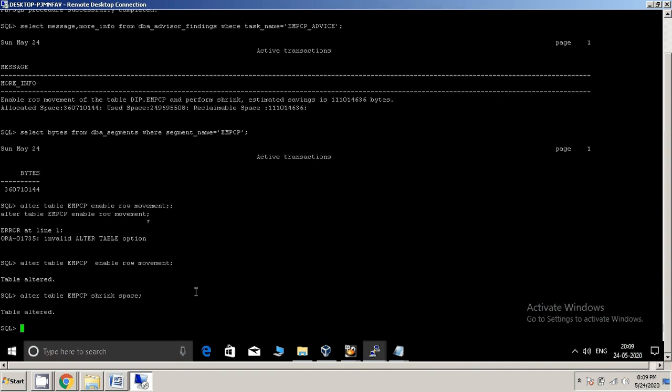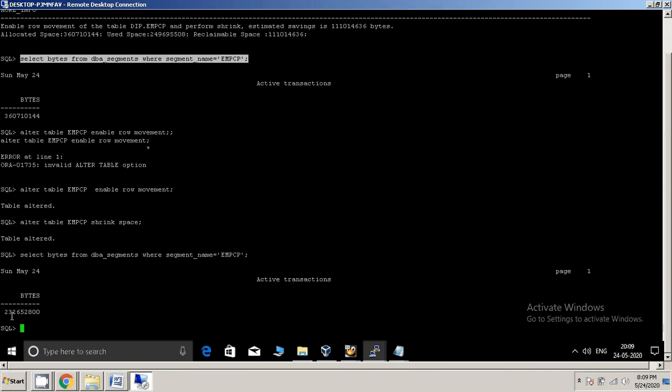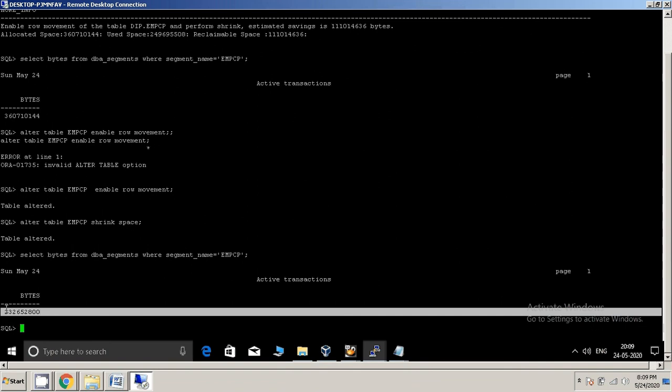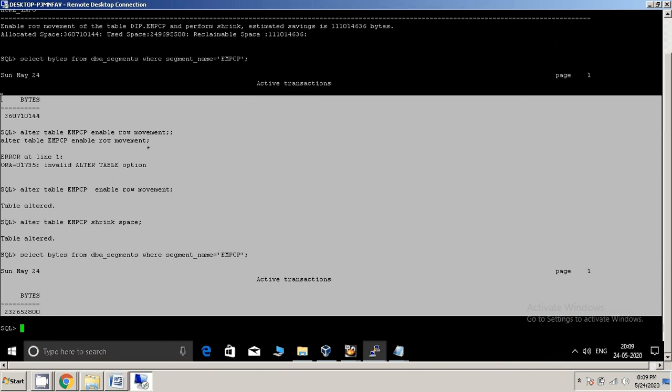Now we need to check: earlier it was showing almost 360 MB. Now let's see how much it shows. So let's see, we reduced almost 100 MB. This is the advantage of shrinking.